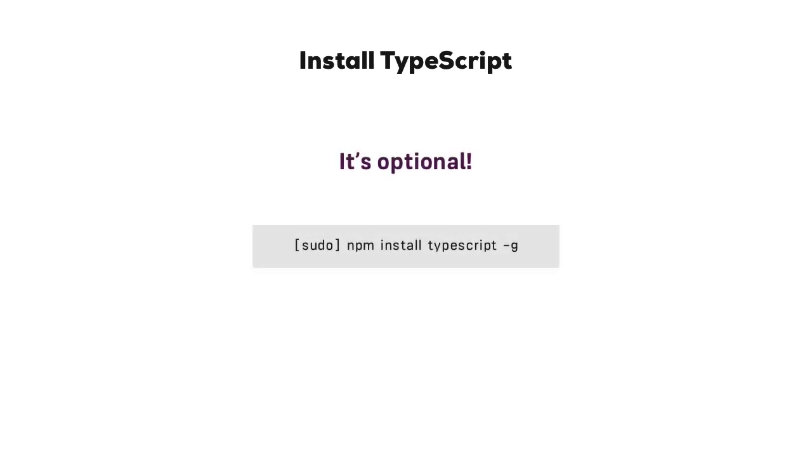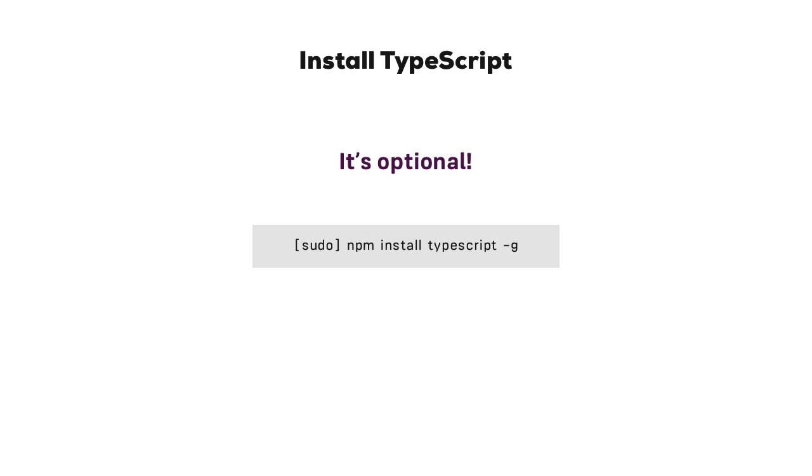And you can do this with the sudo on Mac, on Windows leave out sudo, npm install typescript -g command. And I will do this on my machine because you might need it in other projects which are not related to Angular 2, or, and you will see this in one of the next lectures, when using tslint, which is a little support helping you to write clean and well